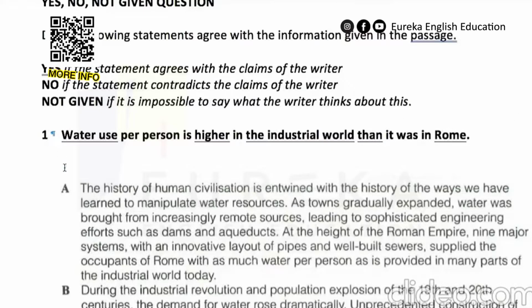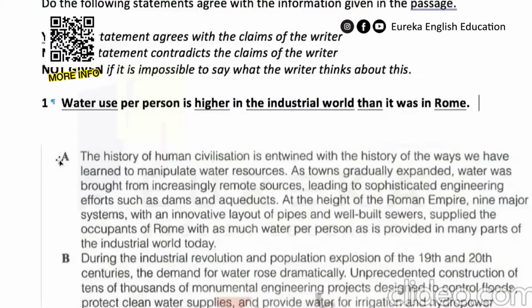So let's go to the reading text and find these keywords. Water use per person, let's try to read quickly from paragraph A. If you read on and on, you will notice some of the keywords here which talk about water use. You see here the supply of water. This one: at the height of the Roman Empire, 9 major systems with an innovative layout of pipes and well-built sewers supplied the occupants of Rome with as much water per person as is provided in many parts of the industrial world